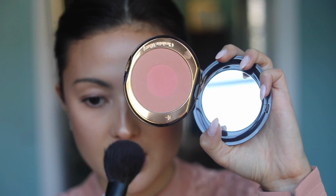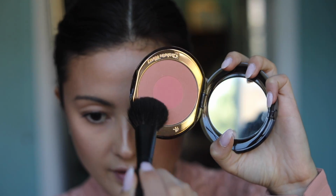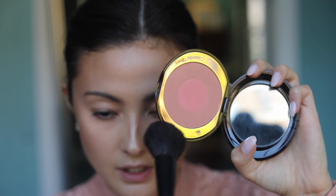I take my blush brush and I use the outer edge first, which is the more neutral colour. And I take that and sweep that upwards across my cheek like this. Then I just hit the centre, which is the pop of colour. In this case, it's a little bit pinker, if you can see that. And I just hit the apple of my cheek and blend it out. So now you can see that's really given me that flush that's very Charlotte Tilbury, which I love. I like to add a little bit of blush up here as well, just like you've caught the sun a